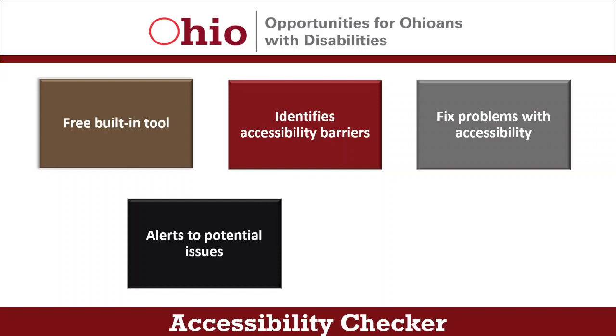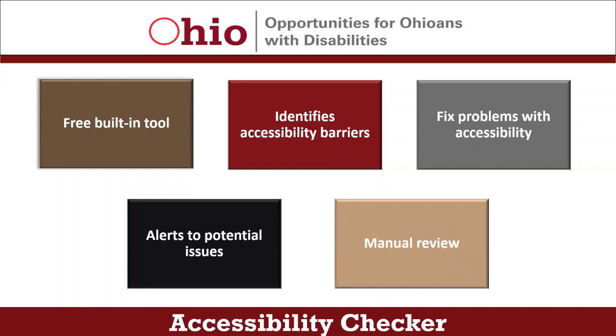It also explains that while the checker finds most accessibility barriers, there are some it can't detect, so it's important to manually review the document for additional barriers. So, for employers that have these applications and weren't aware of the accessibility checker, this is an accessibility tool you can start using today. Julie, that's a simple first step that would be easy to take.